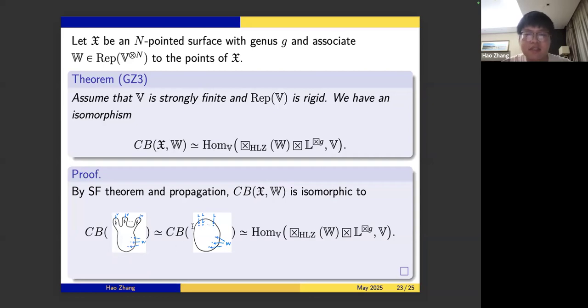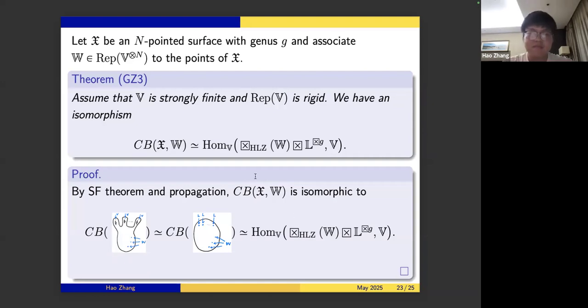This isomorphism is given by the sewing-factorization theorem. Then you reduce all genus of this higher genus surface to a genus zero sphere. This is quite good because you can easily describe a genus one or a genus zero conformal block. Then you can identify the genus zero conformal block with the hom space on the